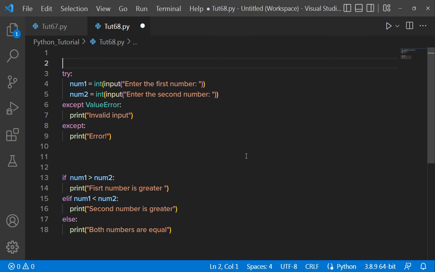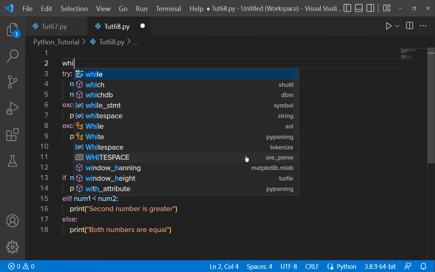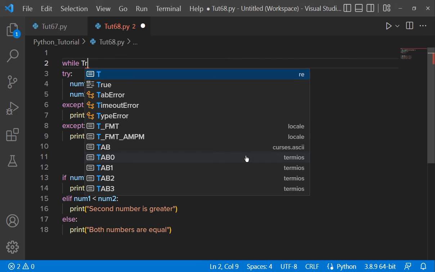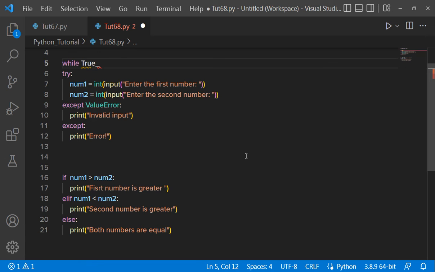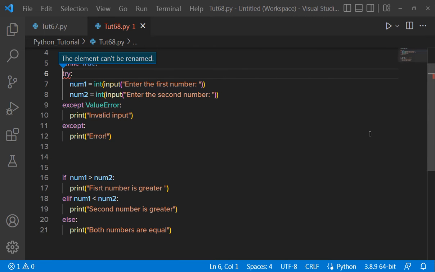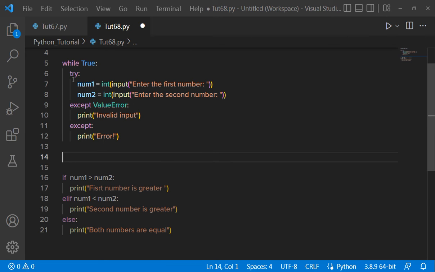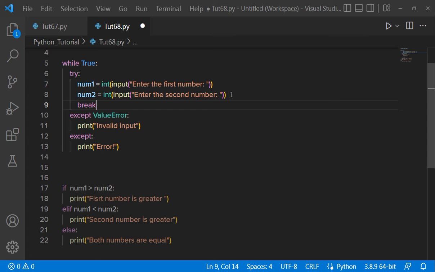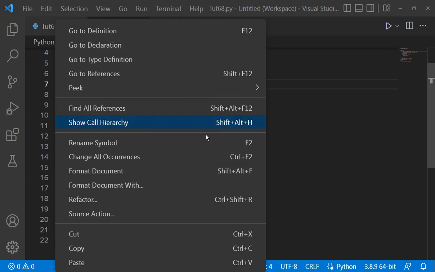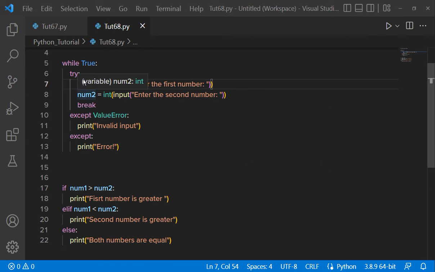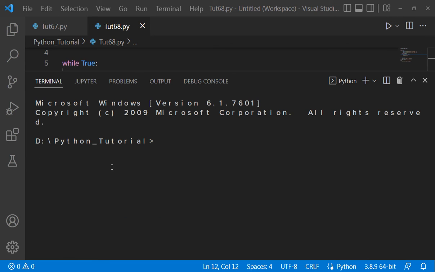Okay, so here I can just write while True, and here let me just indent it, and this loop will break when both the values are correct, when the try block will be correct. So now if I run my program,